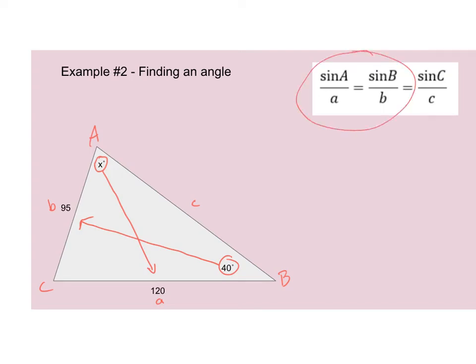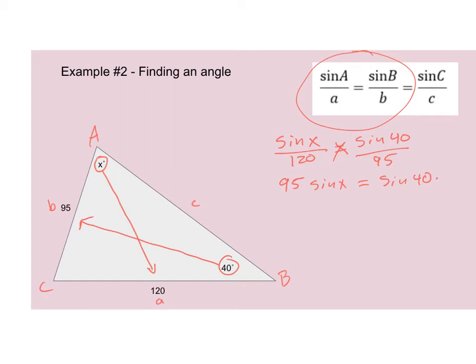My equation this time will look something like this. The sine of A, which is X, over its opposite side, which is 120, is equal to the sine of B, which is 40, over its opposite side, which is 95. When I cross multiply again here, I'm going to end up with 95 times the sine of X is equal to the sine of 40